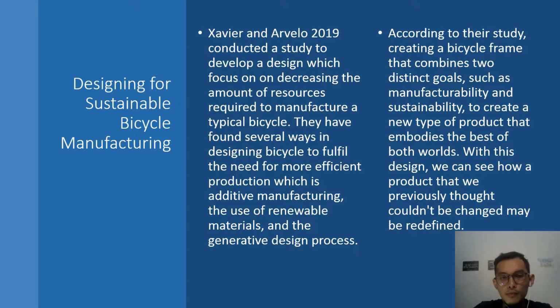In this slide, I will explain about designing for sustainable bicycle manufacturing. Xavier and Arvelo 2019 conducted a study to develop a design which focused on decreasing the amount of resources required to manufacture a typical bicycle. They found several ways of designing a bicycle to fulfill the need for more efficient production, which are additive manufacturing, the use of renewable materials, and the generative design process. According to their study, creating a bicycle frame that combines two distinct goals, such as manufacturability and sustainability, creates a new type of product that embodies the best of both worlds. With this design, we can see how a product that we previously thought couldn't be changed